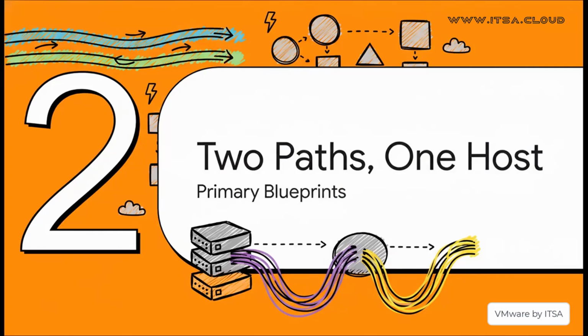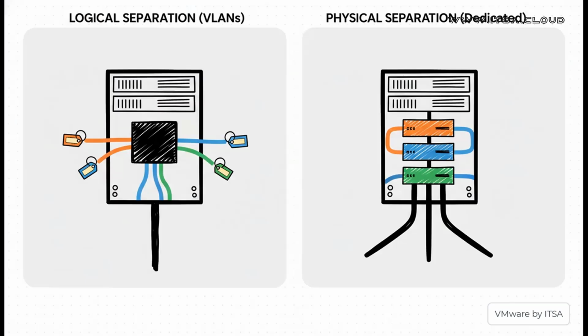Okay, so let's get into the how. When it comes to actually creating these separate data highways on a single server, VMware vSphere basically gives us two main blueprints. It all comes down to how you want to organize the flow of data, both in the virtual world and in the physical world. So the crucial point is this. Do you want to use one big virtual highway and just paint logical lanes on it using something called VLANs? That's method one on the left. Or do you prefer to build entirely separate highways, each with its own dedicated on-ramp to the physical world? That's method two. It's a choice between logical separation and physical separation.